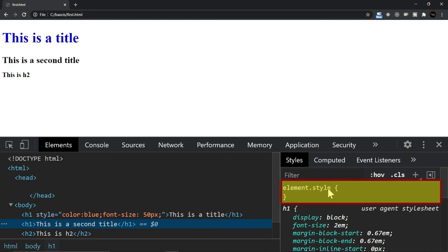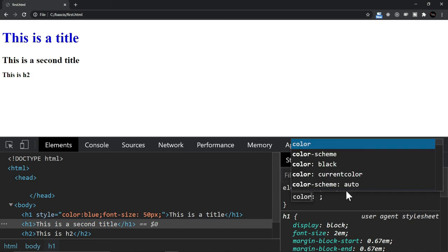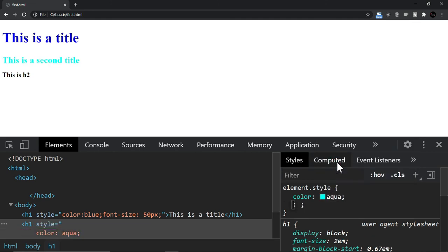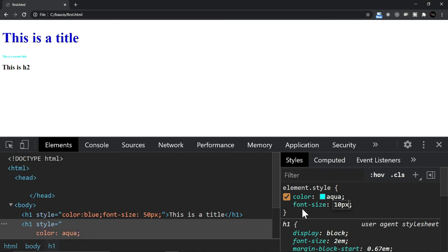So even, let's say at runtime, if you want to change some value, you can do that. At runtime means in the browser itself. Let's say I want here color is equal to, for example, let's say, aqua. You see this? This color is applied here. So practically, if you want to try here, it's easier or it is better. Let's say font size. Directly you can see the output. Let's say I give 10 pixels. See this, observe this. I press enter here.